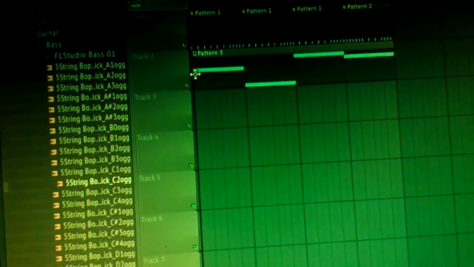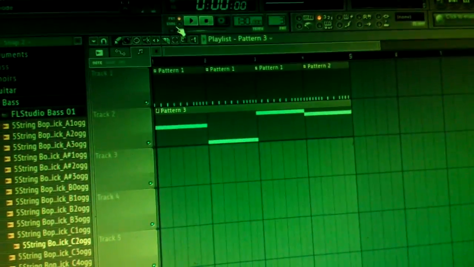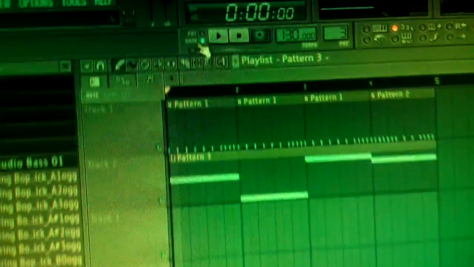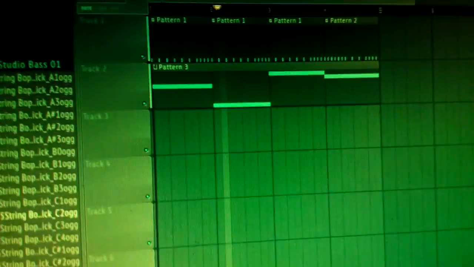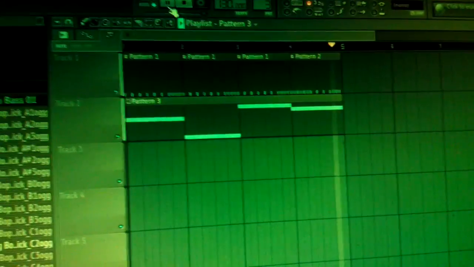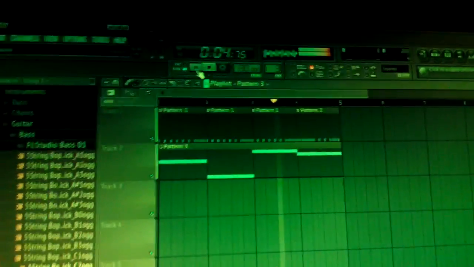Alright, after you click back into, let's go back here. Zoom in. Then you go back here, and we're going to place our bass inside. And let's see how that will sound. You press L if you don't want to be clicking up here all the time. To switch, you just press L on your keyboard, and it will switch by itself. You'll see it switching. Alright, so that's just bass, right? Now let's go and get